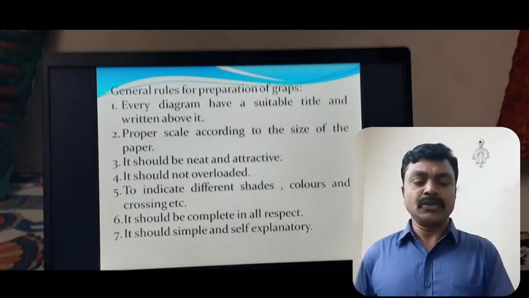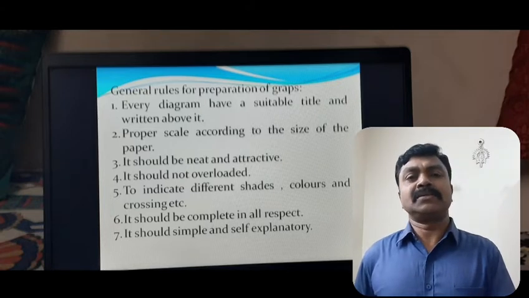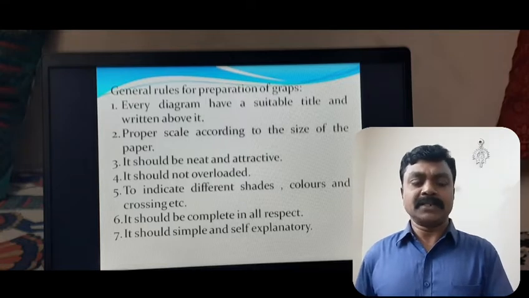Another rule is that it should not be overloaded with information. Every graph and diagram should be very simple and appropriate to write. Don't write overloaded information on the graphs. Another one is that